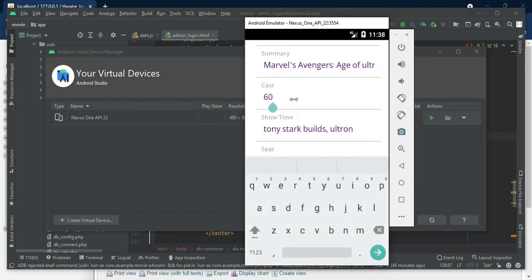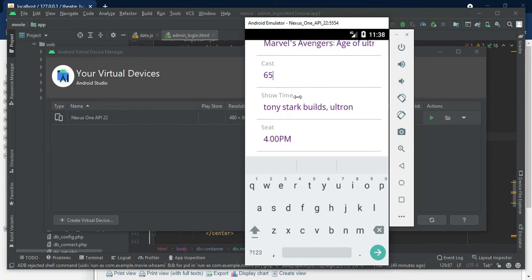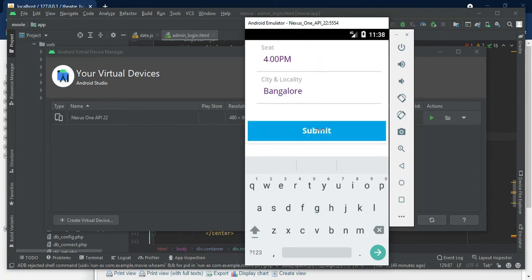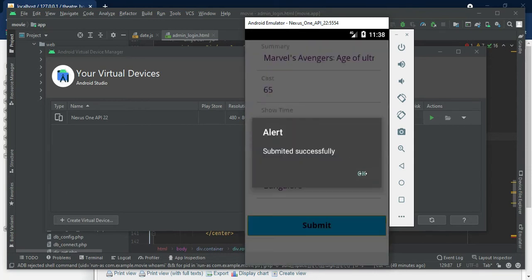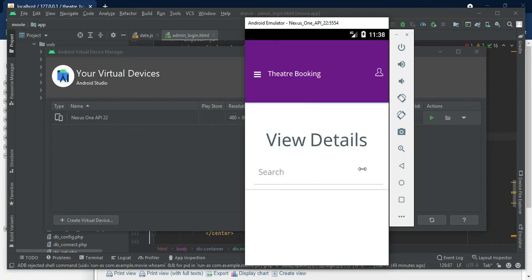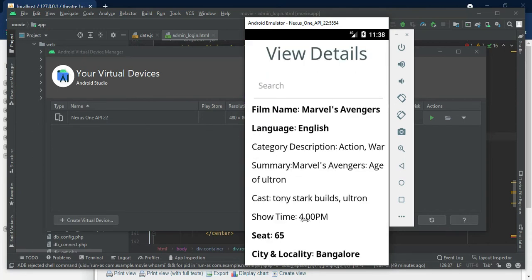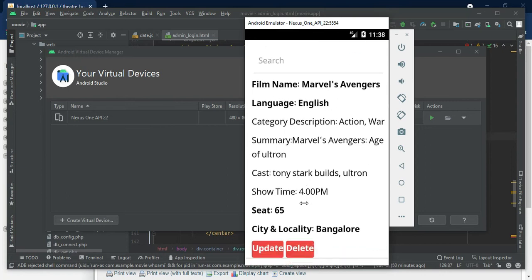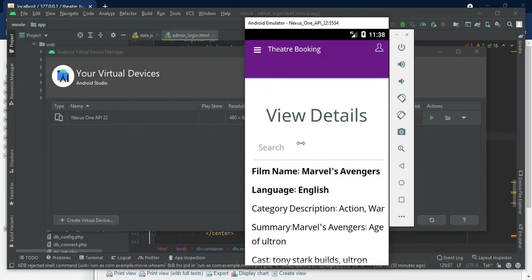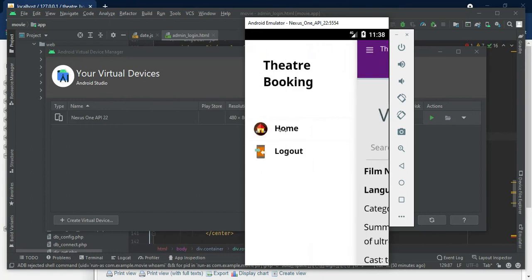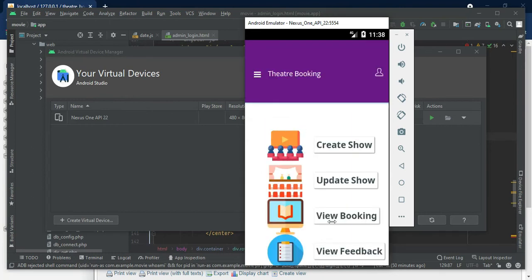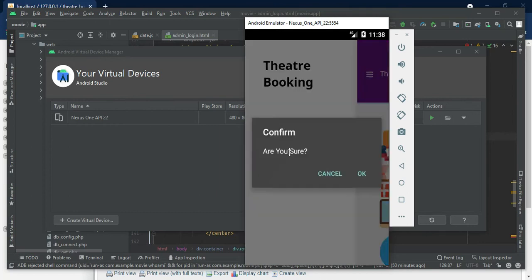Here we are using multiple different theater logins, so you can control your shows only. You can't edit the other theaters' show details. If you get a booking from the user, you can view it.